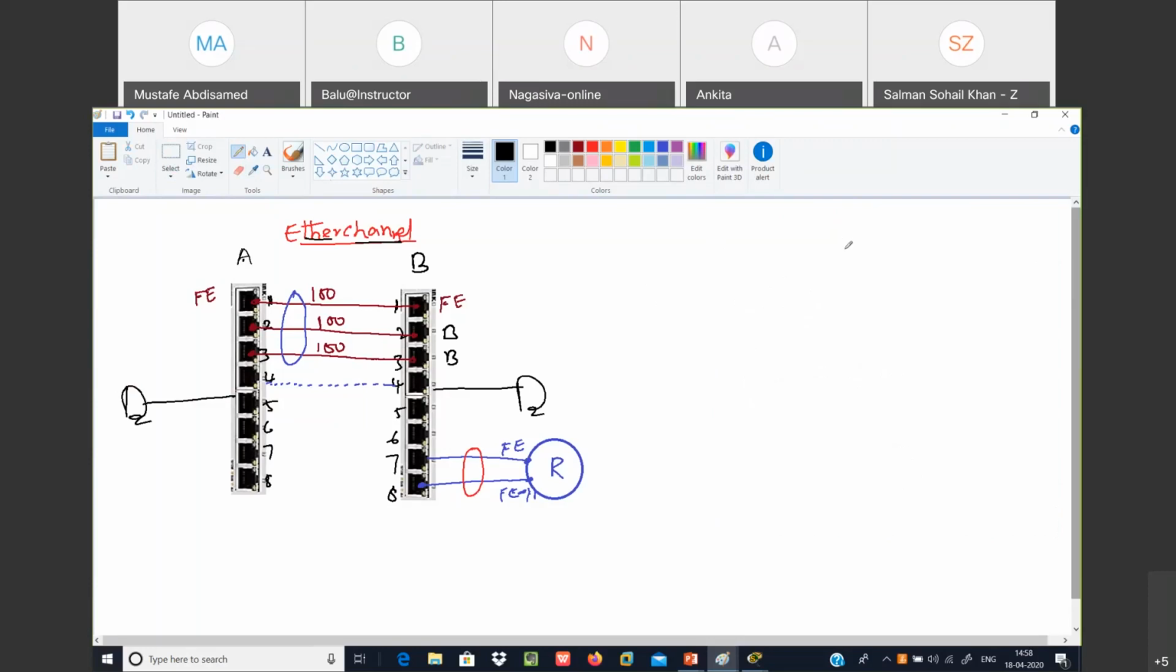Similarly, EtherChannel also has two categories. One is static EtherChannel. Static means in switch A and switch B you manually need to configure EtherChannel. If switch A is a Cisco switch and switch B is a Cisco switch, between Cisco to Cisco switches we have one dynamic EtherChannel. That protocol is